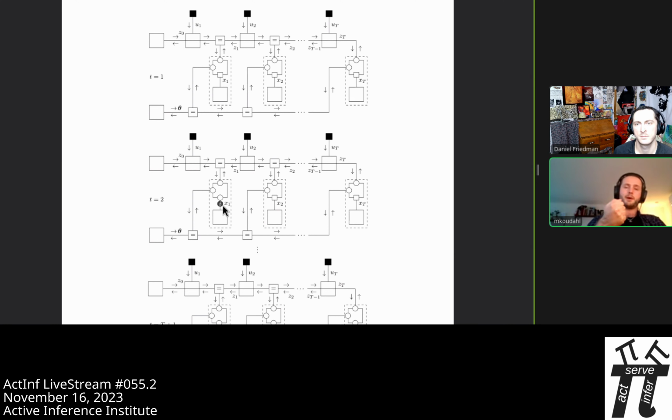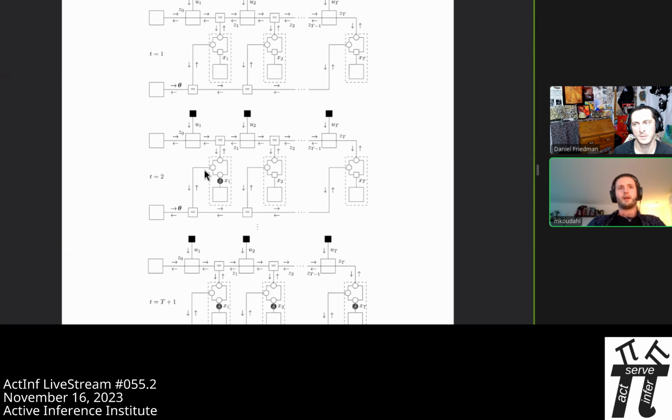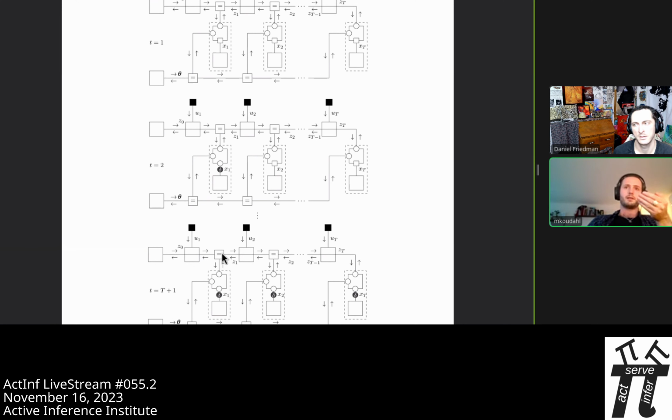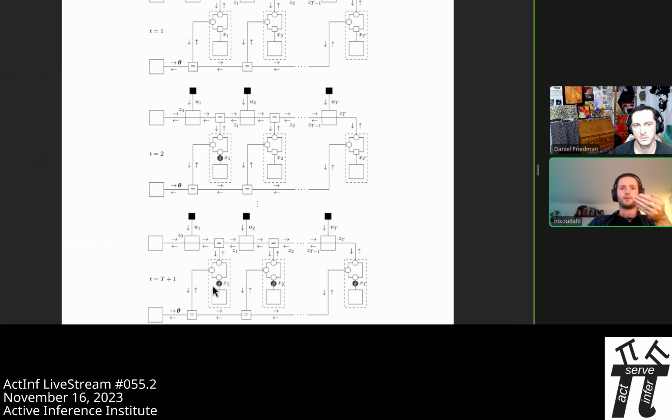And then we clamp our observation. And then we do the same protocol again, because the model hasn't changed. What's changed is that we constrain one of the variables to be equal to the observation. And then you keep on going, t equals 2, and so on and so forth. And every time you get a new observation, you just add these little constraints to the model.